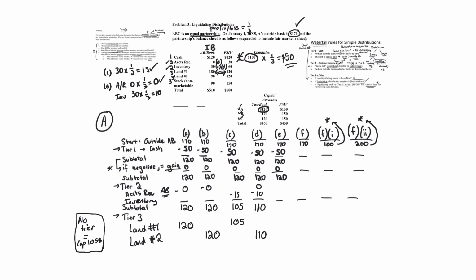But it also determines the basis, right? This is the basis of the cash, which is always face value. Just want to remind you. This is the basis of the accounts receivable and inventory, this line. So in situation